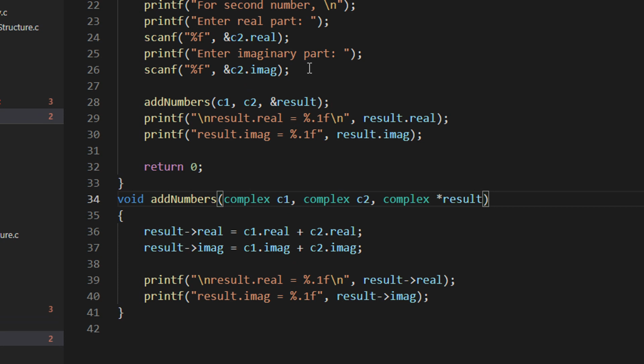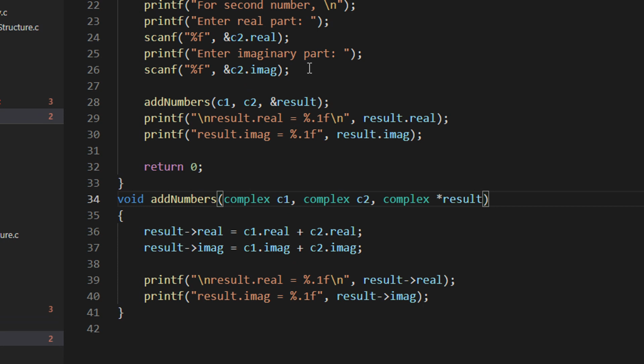So how can you pass structure objects by reference, right? So there is of course a variety of application of structures. You can also use structure with, as I said, the data structures like stack, linked list, queue, binary tree, and all those things that we will cover in the later part of the syllabus.